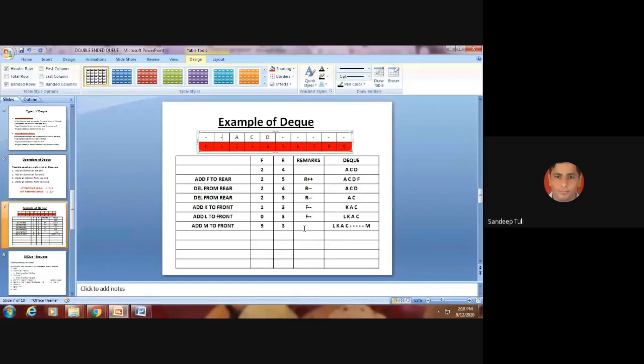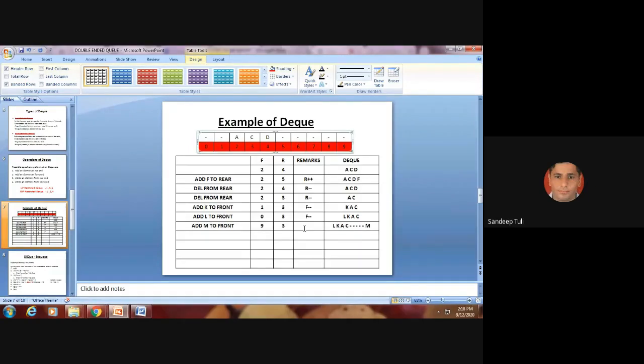See, in a DQ it is always given to you where you need to add, to front or to rear. Or if it is input restricted, then automatically you should know where to add. If it is output restricted, then it should be given to you where the element needs to be added. Like I am writing there, add to rear, I am adding the element at the rear. I am adding the element to front. It is given to you. So initially, suppose F equals -1 and R equals -1, then add an element to front, then it will be incremented, because the first element will always be at 0.